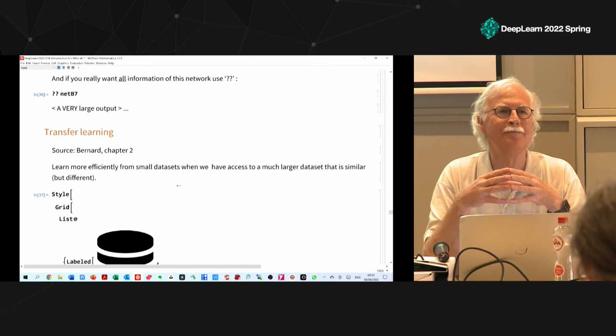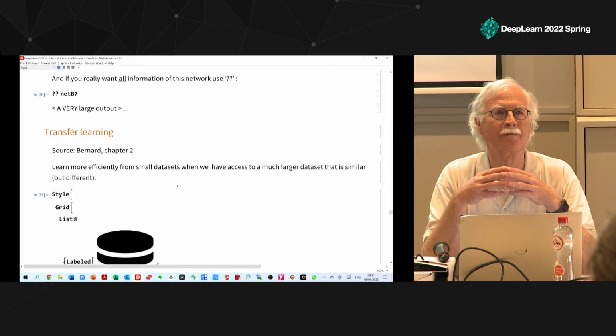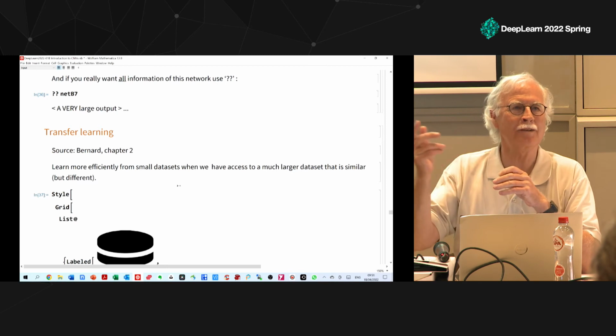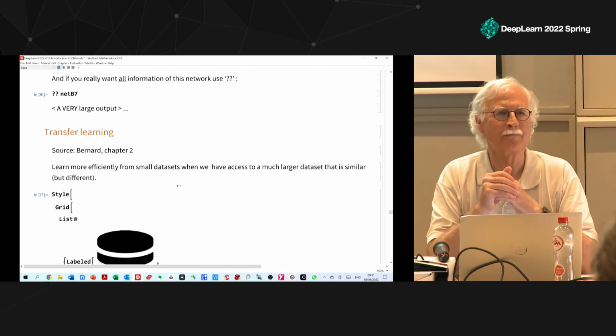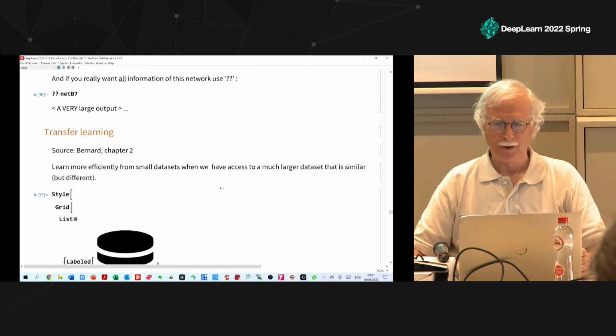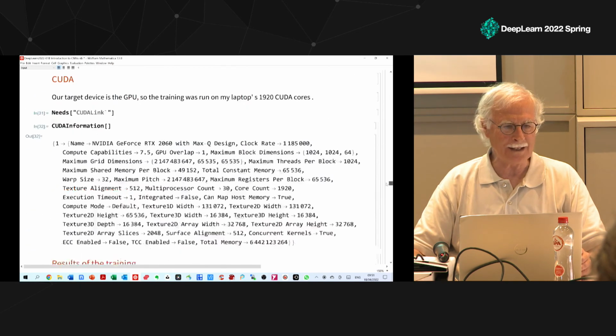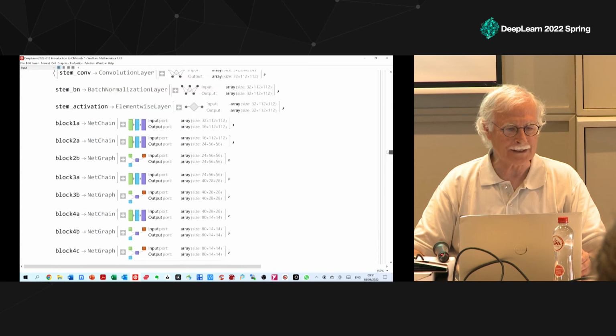Yes? I had a question about the transfer learning. Why did you add a layer and not change the layer? Because that's already compressing for another data set. I do not understand the question. So you added a layer? No, I replaced the layer. Oh, you did replace. Oh, okay. Then I didn't pay attention. It's always plain English what you do. Let's go back to that